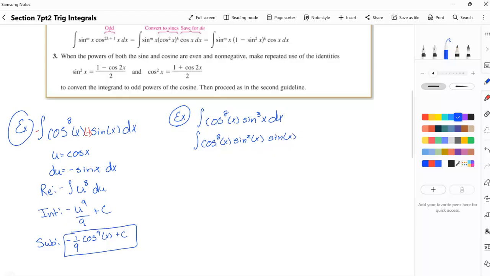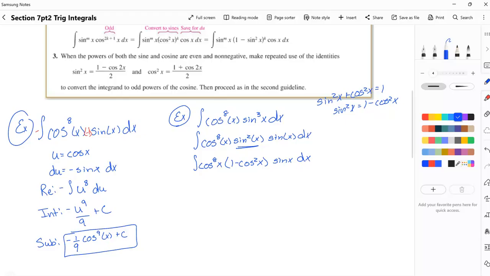And the reason I would want to do that is because I can make a substitution for that sine squared. I know sine squared plus cosine squared is equal to 1. So sine squared is equal to 1 minus cosine squared. So we're going to make that substitution for that sine squared,